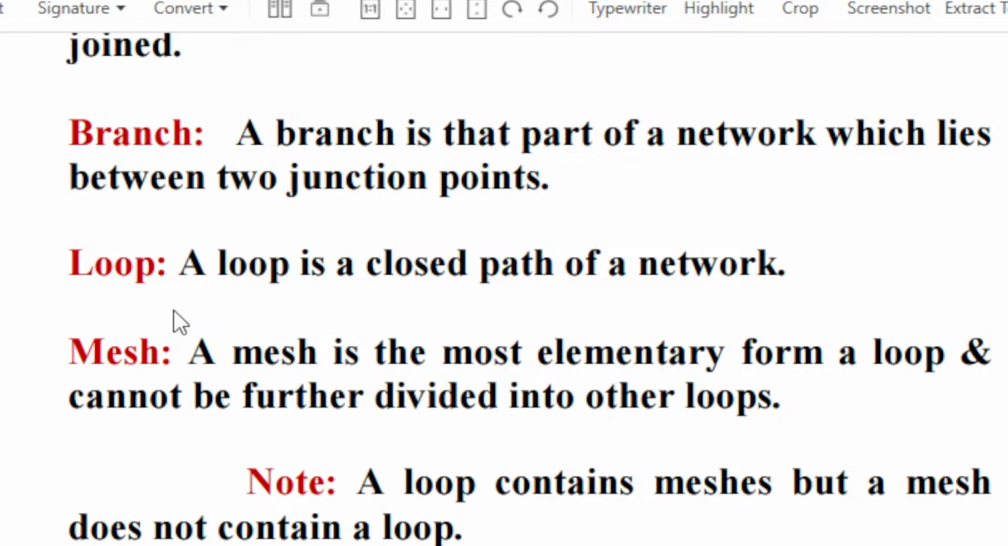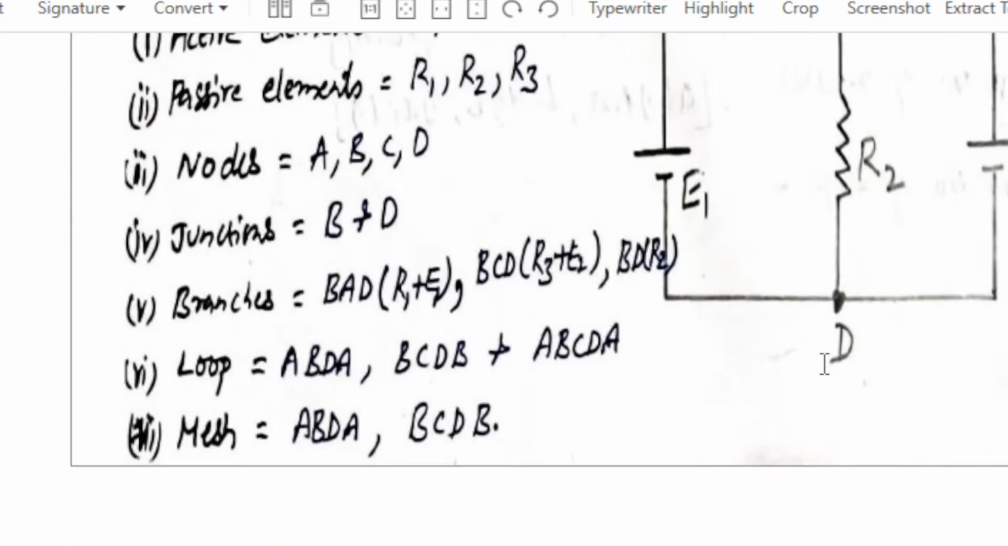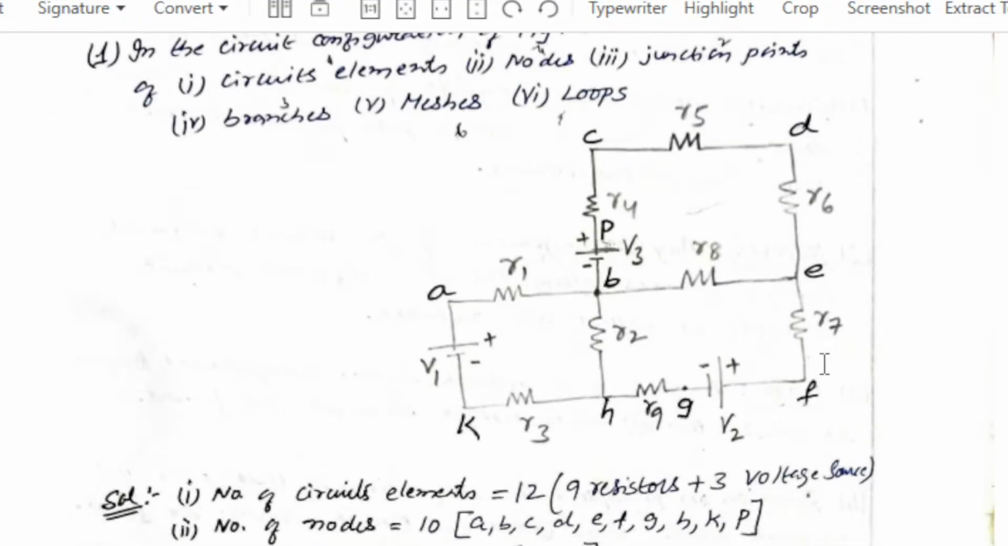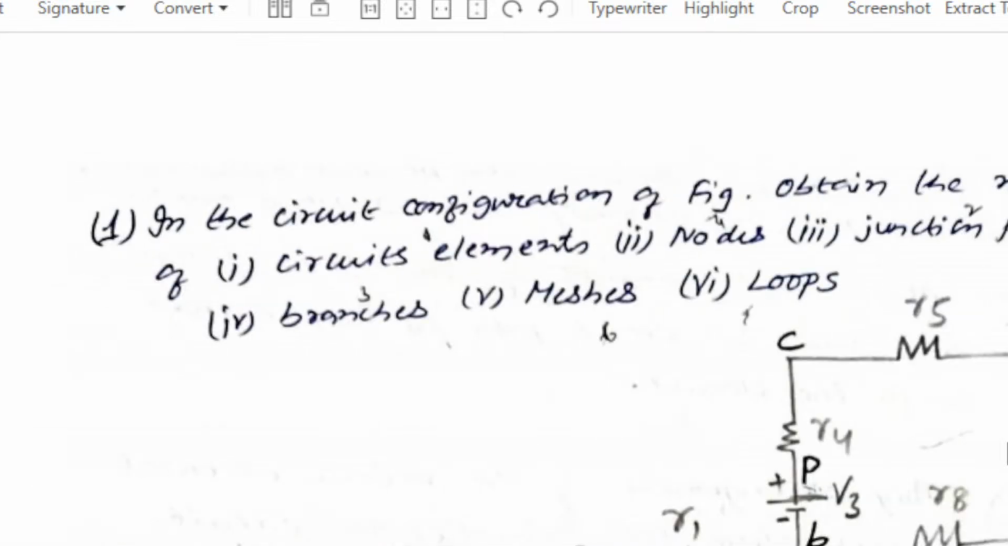Next slide. Right, now I'll give you a problem. Find out the nodes and circuit elements. Write down the problem. Problem 1. In the circuit configuration of figure,